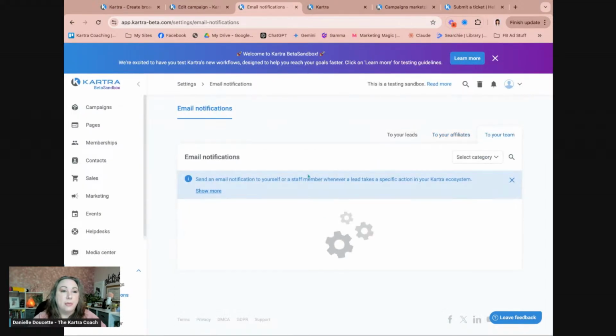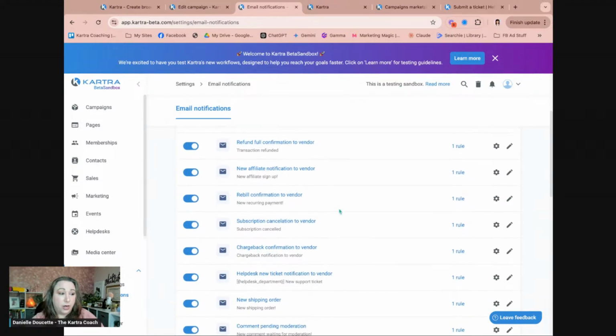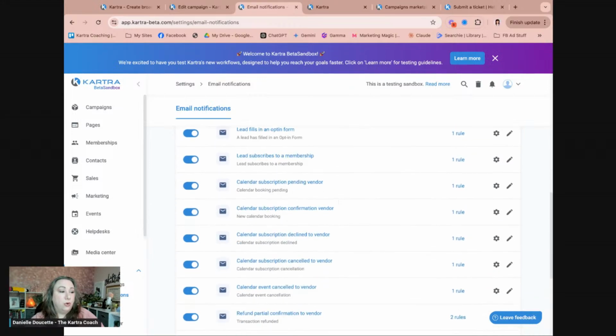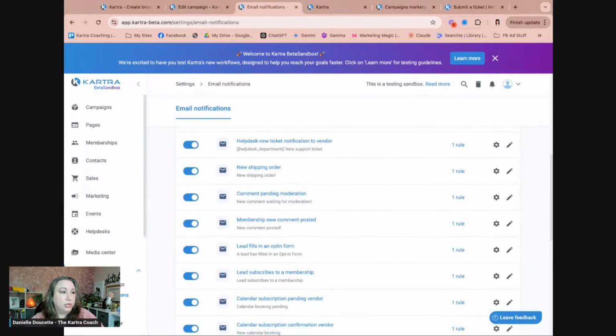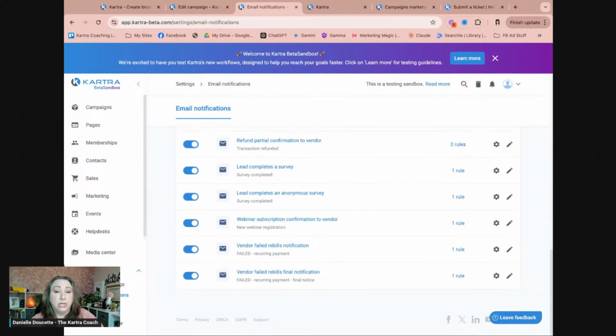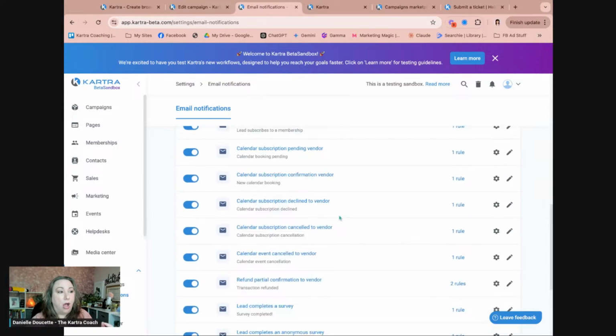And then the other tab is to your team. This is where the default emails that get sent to you as the admin of your account, and any other team members that you set up notifications in here for. So for example, in here, it looks like in the sandbox, all of these are turned on by default. In our account, as it stands currently in Kartra, the lead fills in an opt-in form is turned off by